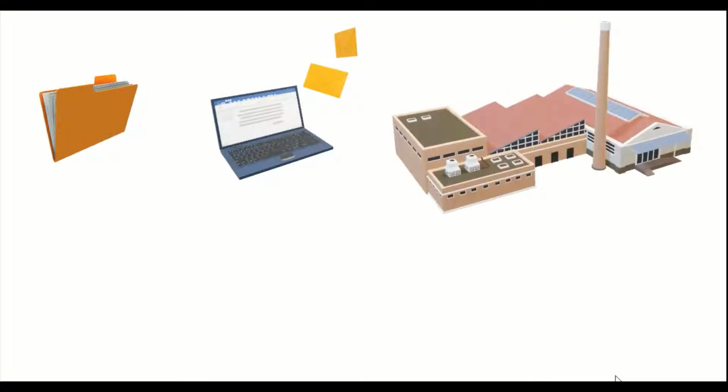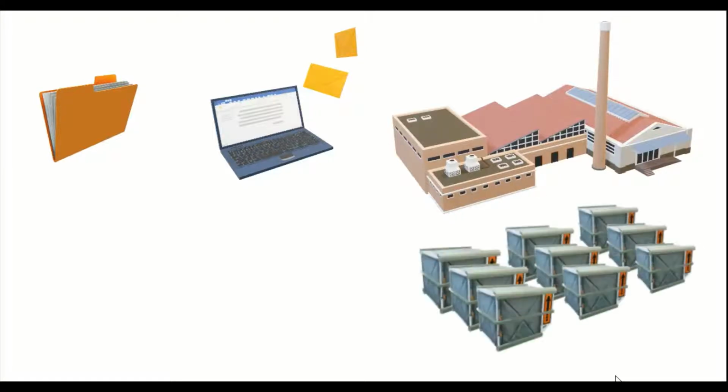The company is going to receive a purchase order from the customer saying that they need a product of so many quantities. So this purchase order will be converted into a sales order by the internal sales team. So this sales order will be pushed to the manufacturing plant where the actual manufacturing of the product takes place. So now the manufacturing has been completed and now the stock has been replenished in the plant.